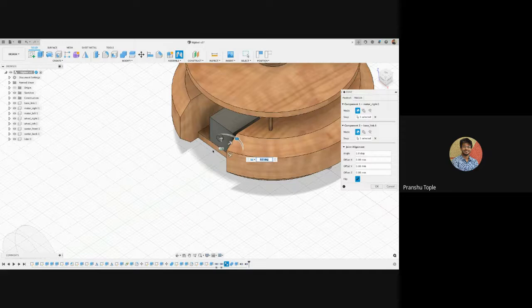While making joints, make sure the first component you select is the child component, and the second component you select is the parent component. Why? Because the child component will go to the parent to make the joint. So here, as you saw, first I selected the motor, which was the child, and then I selected the base, which was the parent. So the child went to the parent.